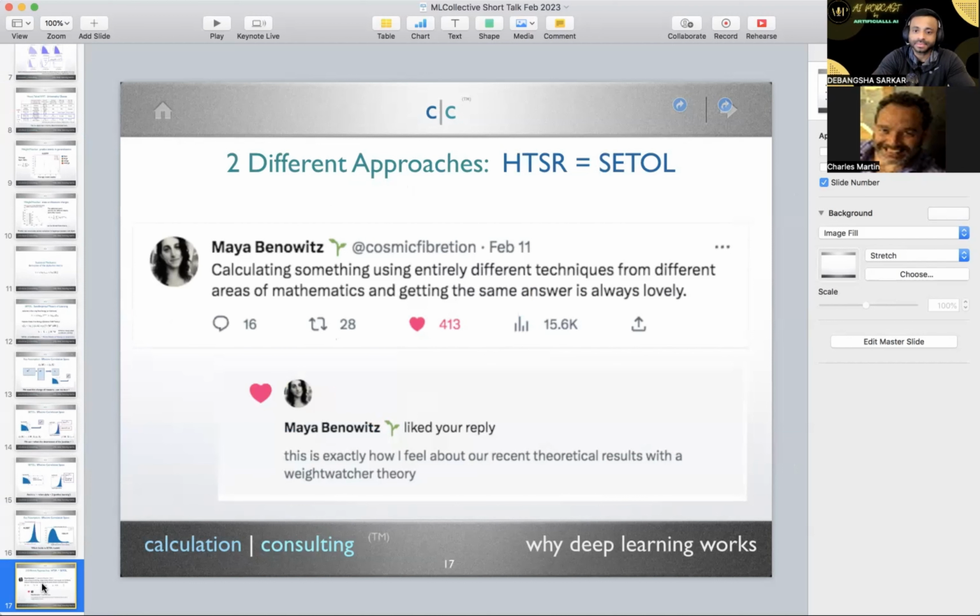There are counterexamples. There are cases where it doesn't work. We don't understand everything, but we think that we're on the right track. The reason I think we're on the right track is because I was able to derive this independently. I was able to derive numerically what's going on. So I think it's the right track.